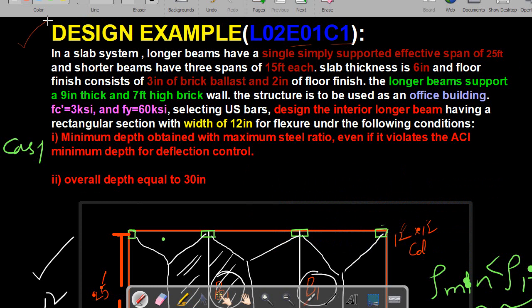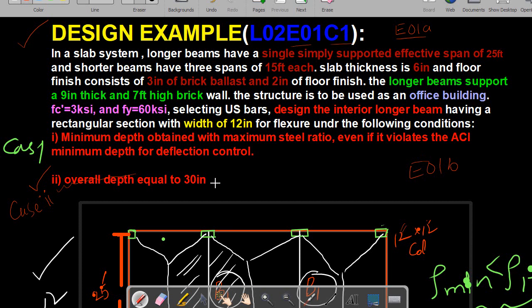We have started this design example in E01A. We have covered some portion of this example in this lecture, while this case 1 we have covered in E01 part B, while this part, which is case 3, which is case 2, we will cover this in the E01C1, C1, C2 and C3, because in this part we will